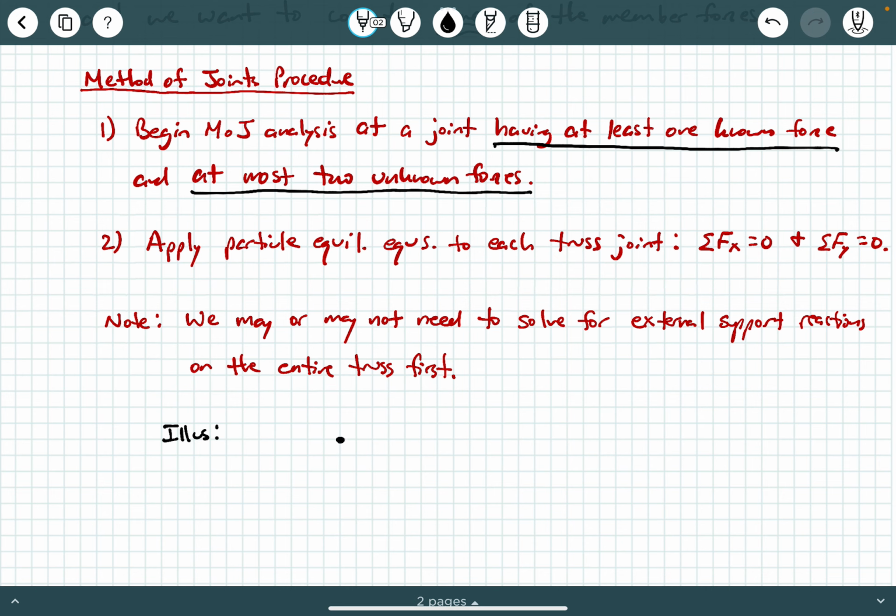If we have what we would call a 3-bar truss, so we have these three members here, and let's say that down here we have a support, a pin, and a roller. And let's say this is joint A, B, and C. And let's say we have a force F at A. So how would we begin our method of joint analysis for this type of illustration? Well, we look at number one, begin the analysis at a joint having at least one known force and at most two unknown forces. So joint A